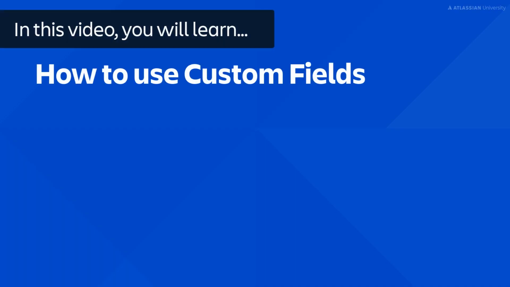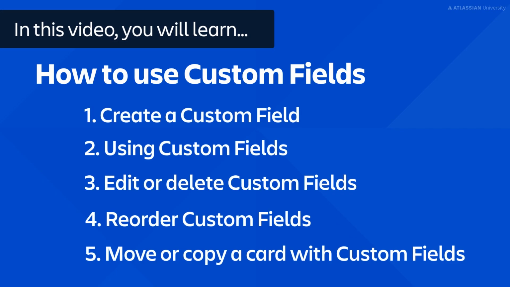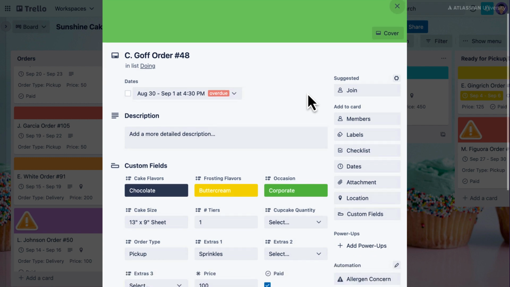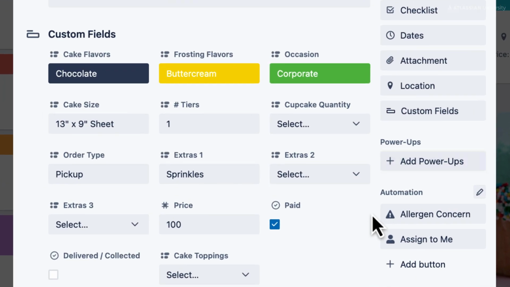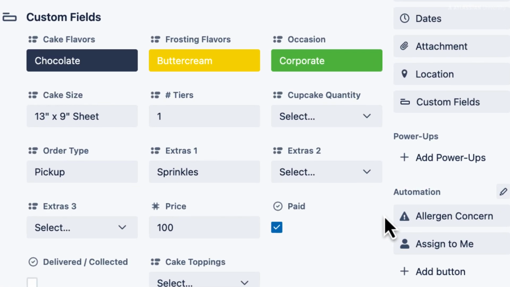In this video, you will learn how to use custom fields. If you're on a Trello Standard, Premium, or Enterprise plan, you can use this feature. Custom fields are a powerful customization tool for your boards. They allow you to add new field types and custom data to your Trello cards, making them more specific to